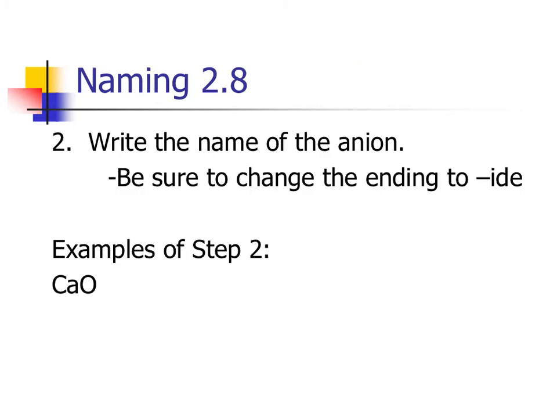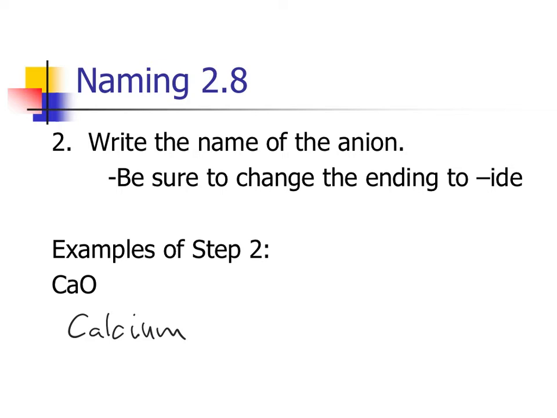The second step is to write the name of the anion. Be sure to change the ending to IDE. We should have a little bit of practice in this from the previous naming of covalent compounds, where we had to change the ending of the second element to IDE. This is the same thing that has to occur in ionic compounds. So to piggyback off the previous one, we would have calcium,